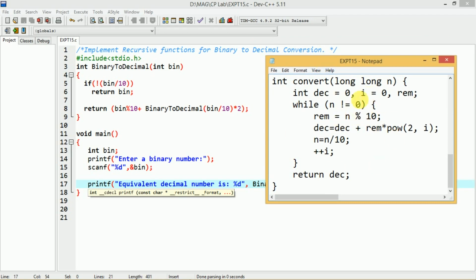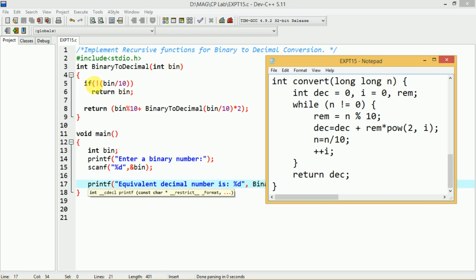So the same function is implemented here with some changes in the names of the variables, but using recursion. We'll just see this particular recursive function in comparison with the non-recursive function. Here you can observe the name of the function is binary to decimal, and it takes the argument bin, a binary number, but in the earlier case it's a variable n. So in place of n we have taken the variable bin.